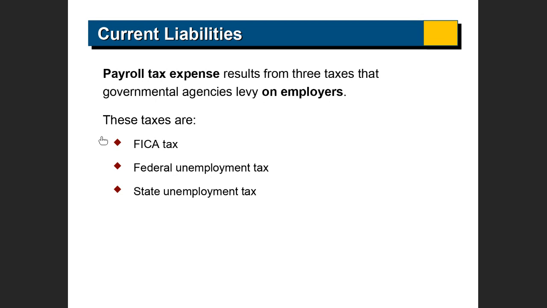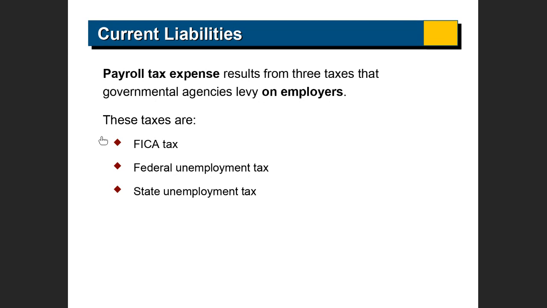7.65. The employer also pays 7.65. So the total FICA tax collected for the employee is 15.3%, okay? So let's say somebody makes $100,000, $15,300 is deposited into his Social Security account. You follow? Hypothetically, the money is not kept there, but his statement would show that this is how much Social Security was paid. So half of it is paid by the employee, the other half is paid by the